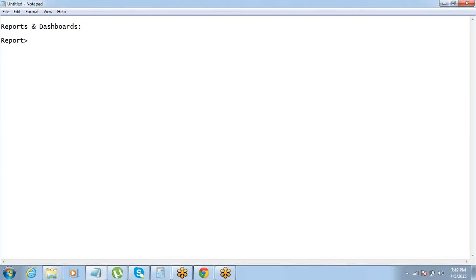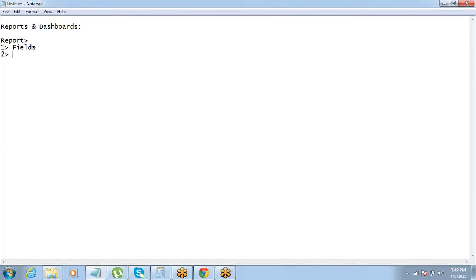So we will straight away get into how to create a report. Okay, so there are a few things that we need to keep in mind while we are creating a report. One, what all fields we need in a report. So if you are asked to create a report for account, you will also want to know what all fields from account are required on the report. If I say, okay, hey, go ahead and create a report on account, you might ask me what all fields you need from account, because account may have 50, 60, 70 fields, right? Out of 70, do I need all those 70 fields in the report, or I just need, let's say, 5 or 6 of them, right?